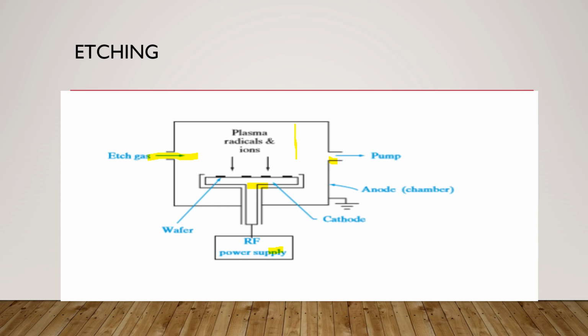The wafers are held on the RF powered cathode while the grounded chamber wall acts as an anode, as I have explained to you earlier. From a study of plasma physics, we can show that although the bulk of the plasma is a highly conducting, equal potential region, less conducting sheath regions form next to the two electrodes.